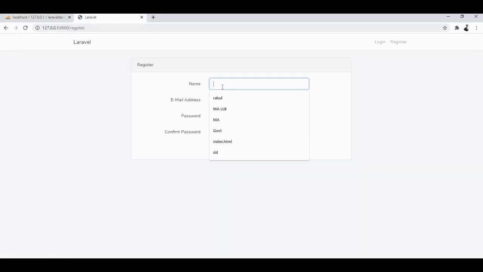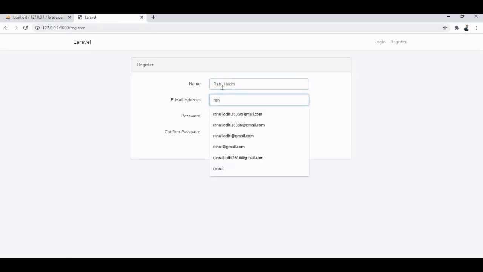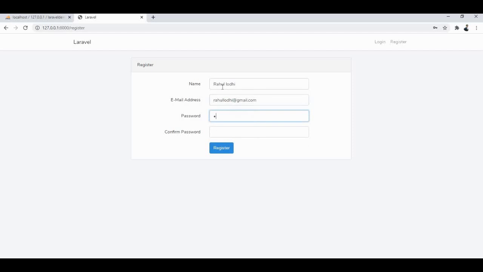Suppose Rahul Lodi, @gmail.com, password 12345678, and confirm 12345678. You have to enter a password of greater than or equal to 8 characters, otherwise it will throw an error. Now we will click register.